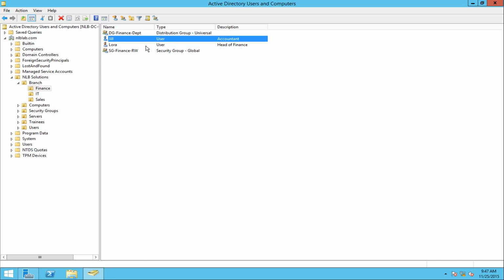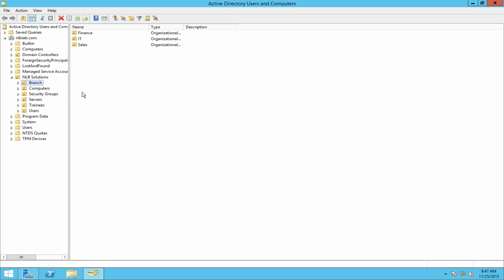So on the next pull interval, Active Directory replication will check which object has the newer attributes,